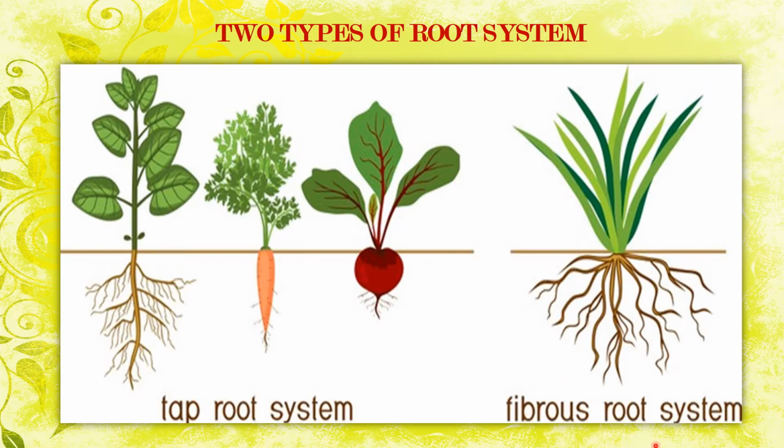Fibrous root system. Fibrous root system has a cluster of roots which arise from the base of the stem and these clusters of roots are thin and fibrous and there is no main root. They form the fibrous root system and spread out in the soil giving support to the plants. Wheat, maize, millet have this type of root system.